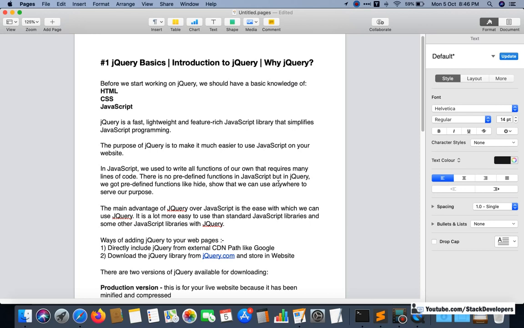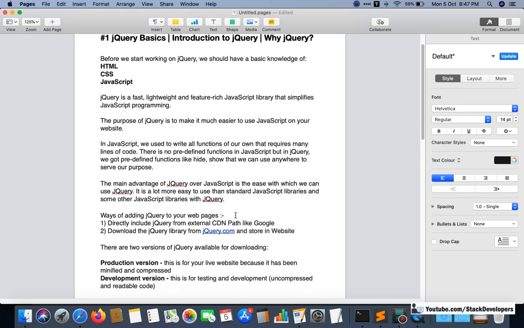We never get predefined functions in JavaScript, like hide and show, which are predefined functions. These are some of the common functions of jQuery, already written in JavaScript, but we use them in jQuery as predefined functions. This is one of the main advantages: we need to write very little code.